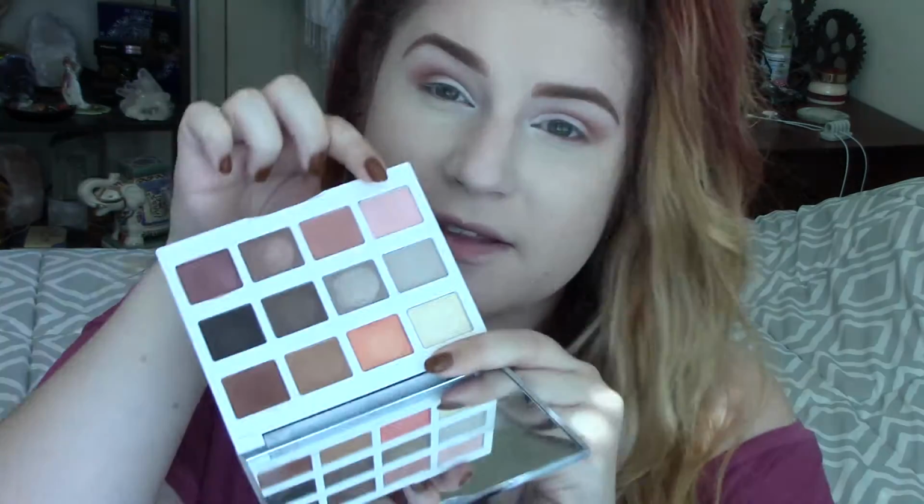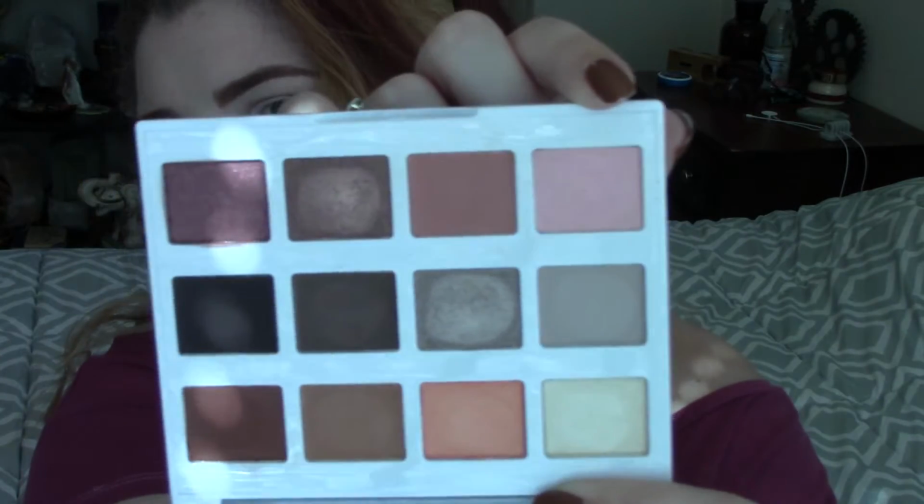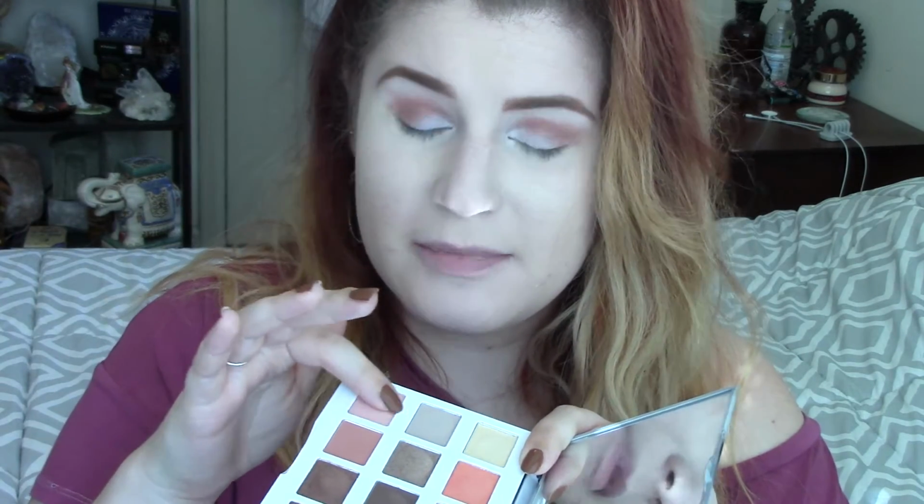Okay, and then I'm just gonna take this color in the palette. It's this really pretty duochrome pink. I don't even know if you guys can really tell, but it's got a white, pink, orange duochrome effect, and I'm just gonna take that on my finger here and pat that over this